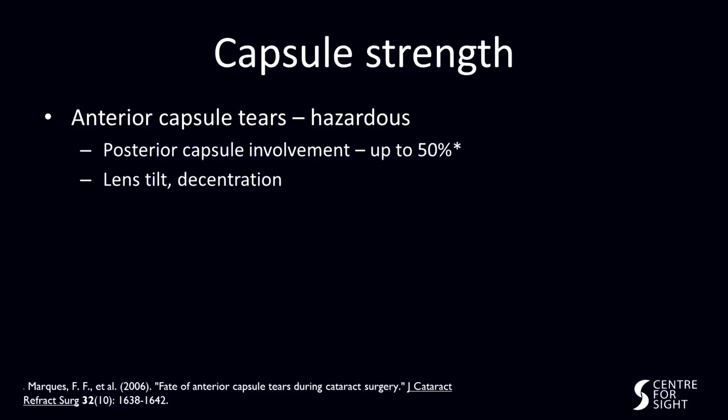One of the issues with capsulotomies is capsule strength. Looking through the literature, and also from my own experience, anterior capsular tears can be really hazardous. They can extend out. You can get the Argentinian flag sign and white cataracts. But even with tears that occur during surgery, if you're not careful and you don't bring down the bottle, you could wind up getting a posterior extension, and then it's all over in terms of getting a good refractive outcome. The patients require a lot more interventions, and they could land up with horrific complications like retinal